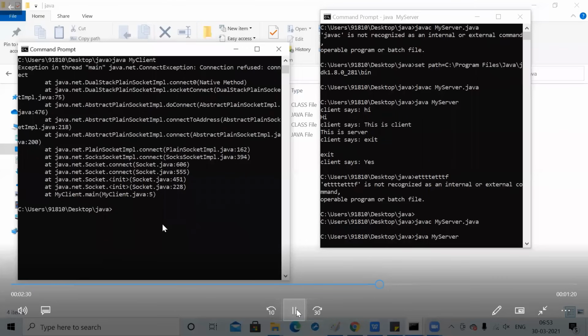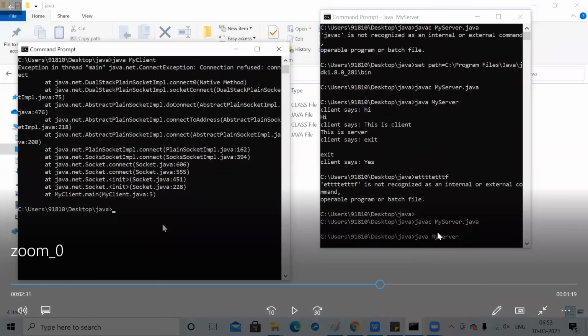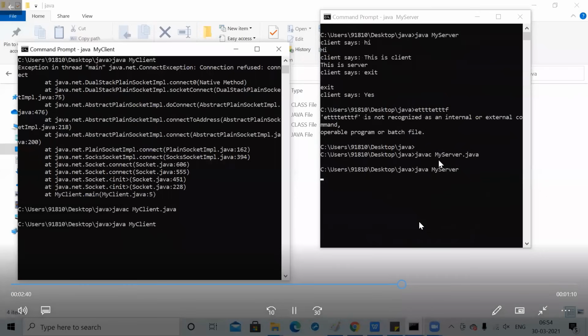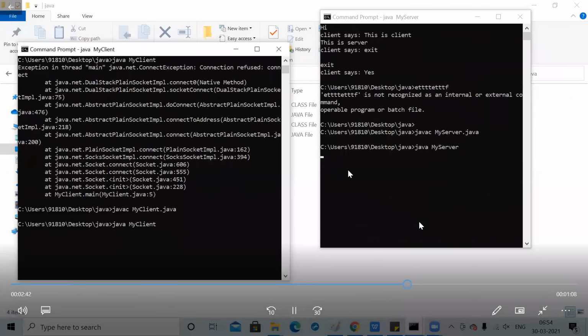See here, first I executed this MyServer class, and after that I'm executing the client class, java MyClient. So both have executed.